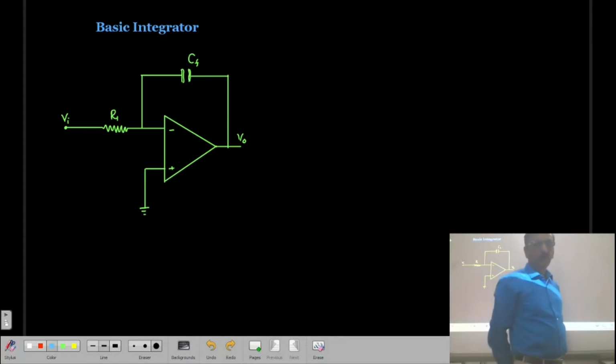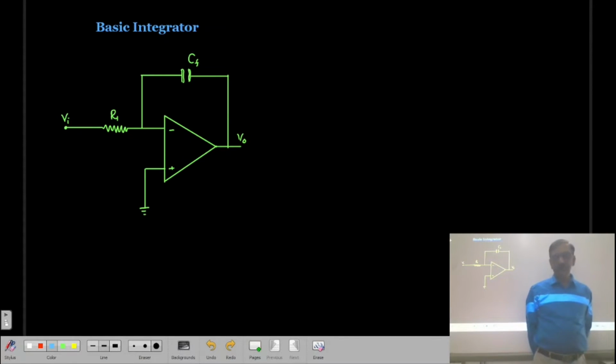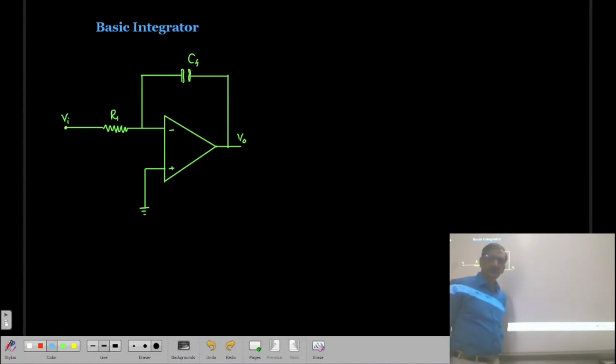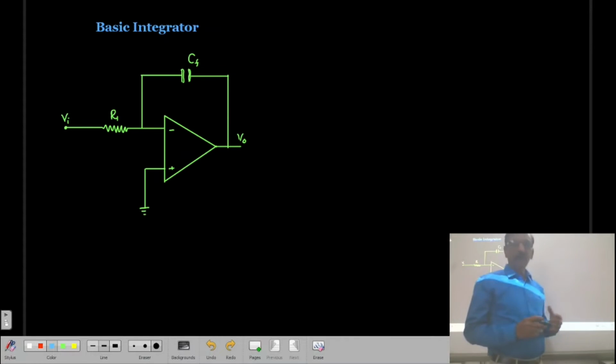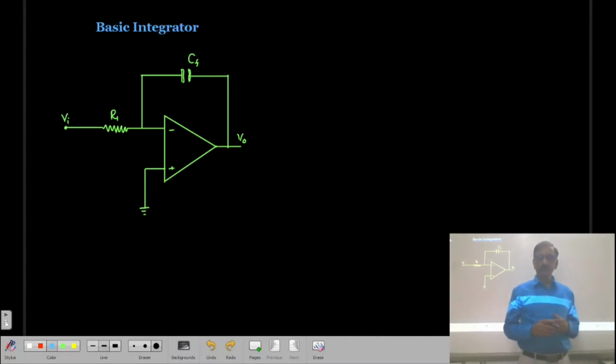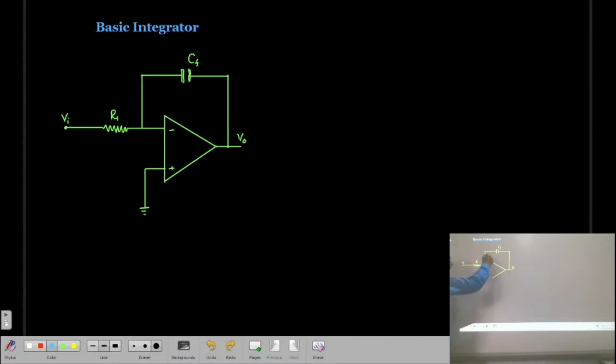In the previous lecture, we discussed the basic integrator circuit. Today we will see the limitations of this basic integrator circuit and why we have to go for a modified integrator circuit, which is also known as a practical integrator. In a basic integrator circuit, as you already know, in the feedback path the capacitor is connected,